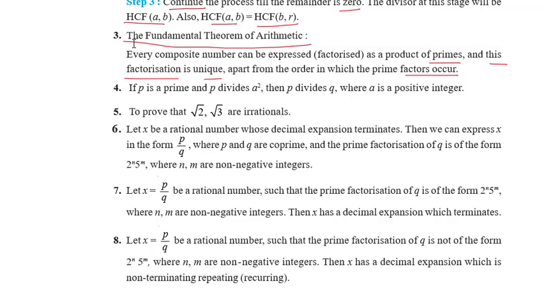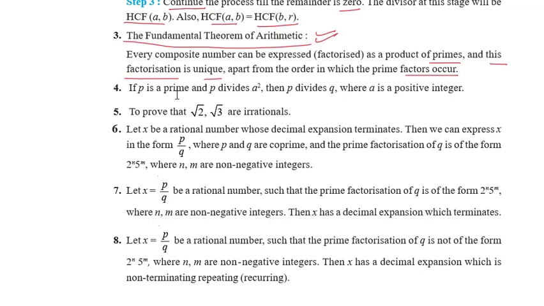That means any composite number you can express in terms of prime numbers. Like 10, I can write 2 into 5 only. The order may change. I can say 5 into 2 or 2 into 5, but it will include one prime factor as 2 and the other prime factor as 5. So in that way, any composite number can be expressed as a product of prime factors, and this factorization is unique. This is the fundamental theorem of arithmetic, and using this again we are going to find the HCF of two numbers.